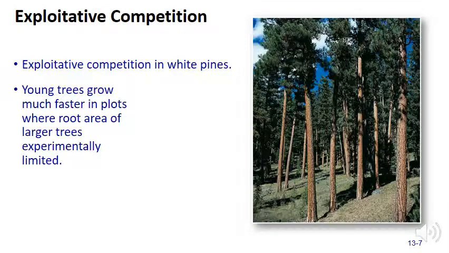So this is an example of exploitative competition. This is where organisms interact with each other indirectly through competition for resources. So this example shows a forest of white pines. And these large mature trees obviously take up a lot of nutrients from the soil. And one of the first things you can notice about these forests is that there are very few young trees and very few other plants growing at ground level. And that's because it's very difficult for those individuals to establish themselves when they're competing with these large mature trees